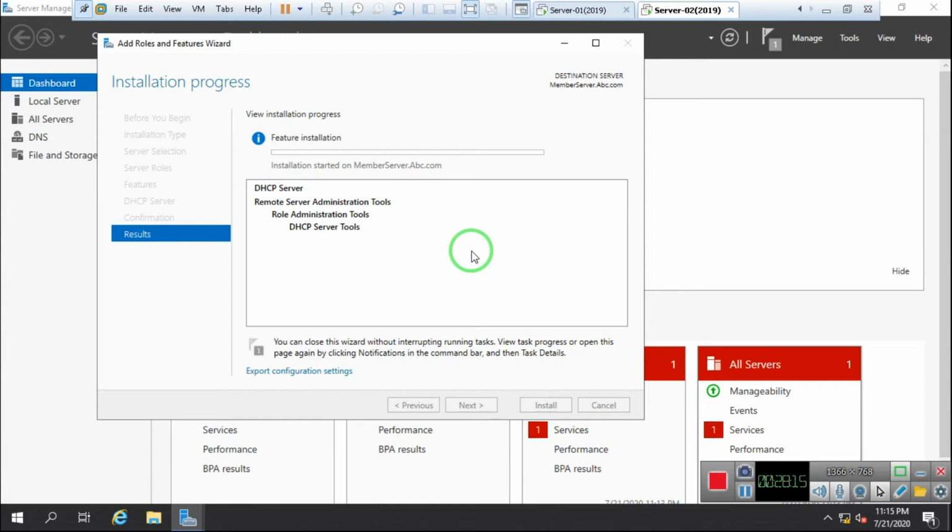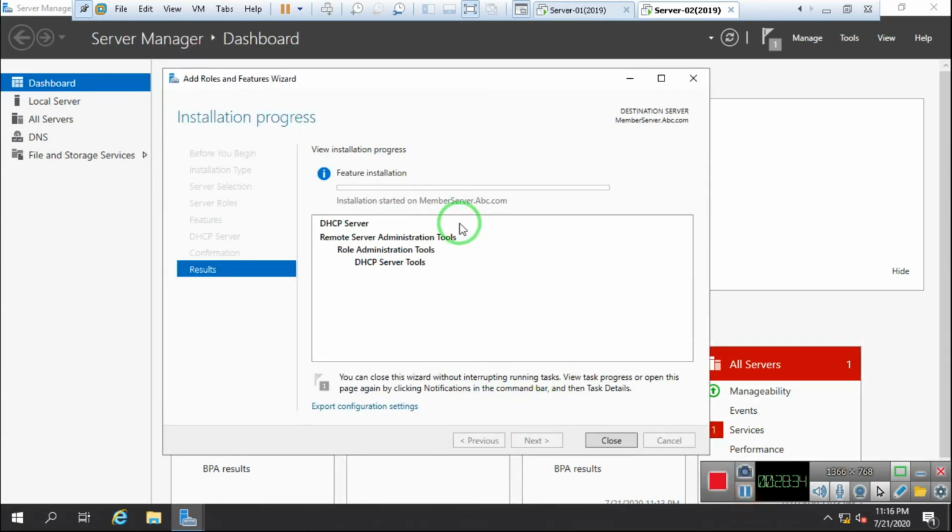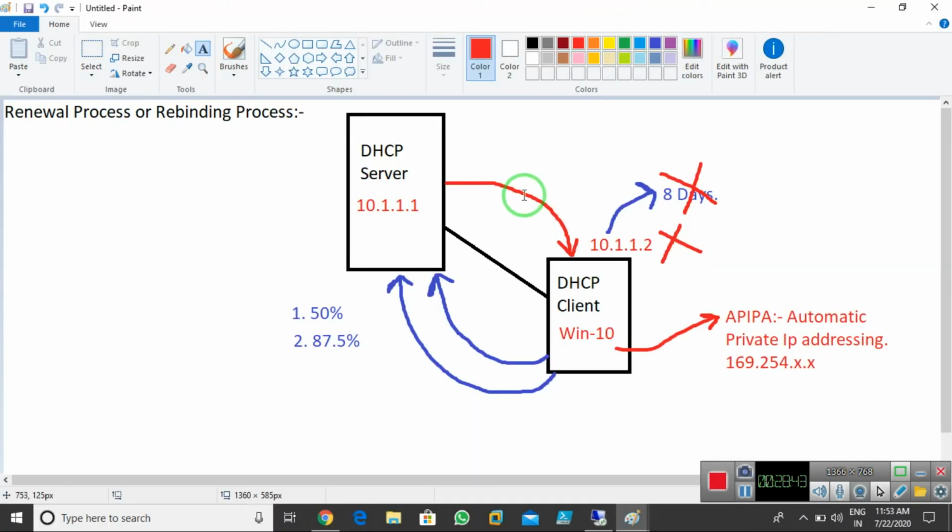Meanwhile, while it's installing, I'll tell you some more options. It takes some time, so we'll discuss some more things.